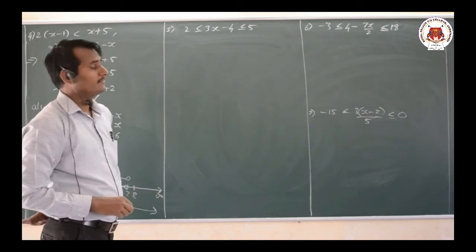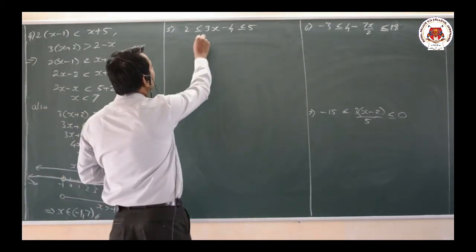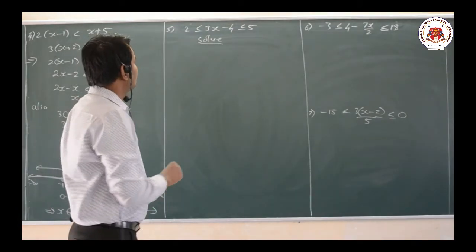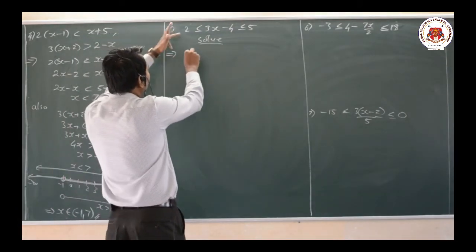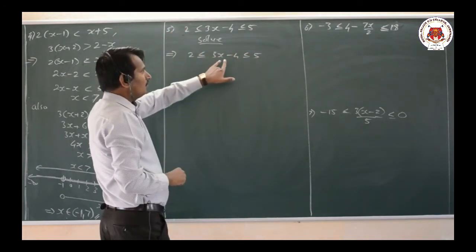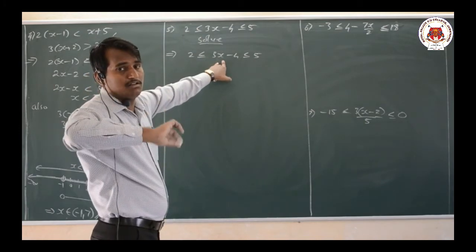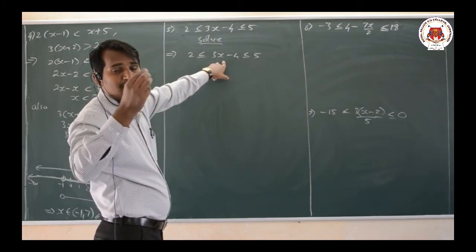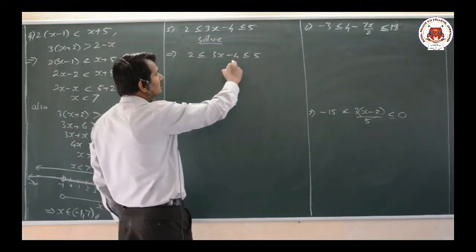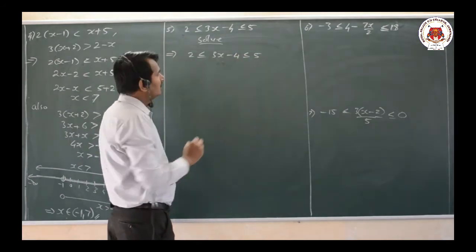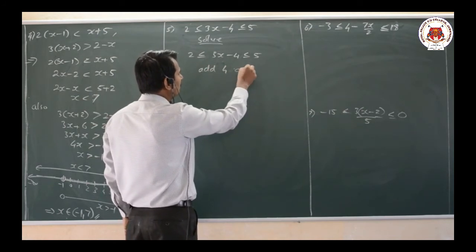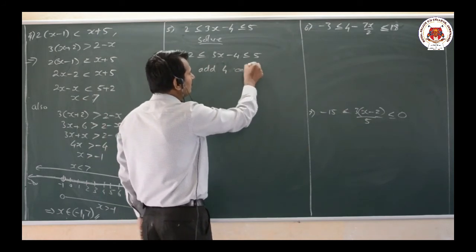Okay dear students, now these problems are only solved here. We don't require any solution on the number line, that we shall observe here. Now here what we have is 2 less than or equal to 3x minus 4 less than or equal to 5. So now we require only the x part. All the things multiplied or divided with x, we have to remove and keep only x there. That means first, minus 4 we have to remove, so add 4 on both sides, that is both LHS and RHS.